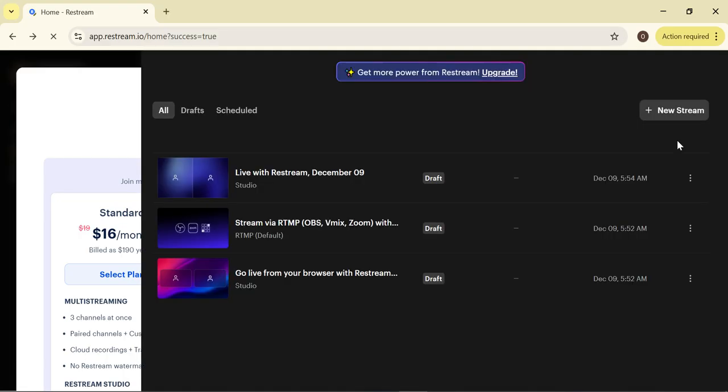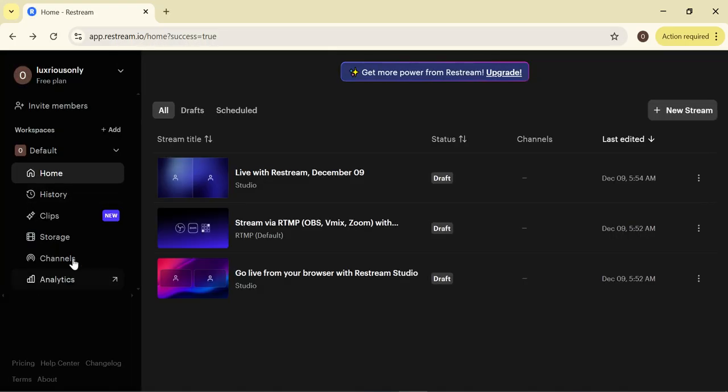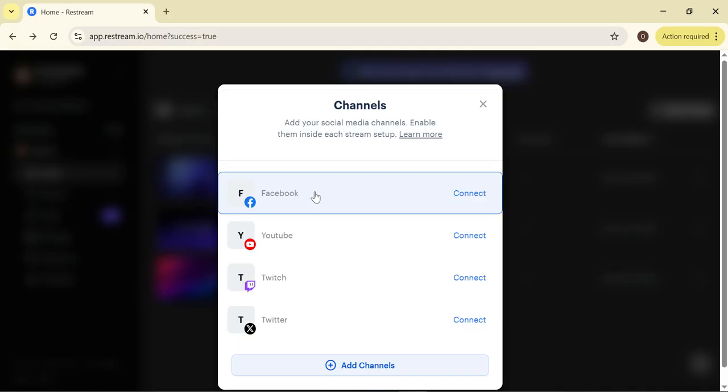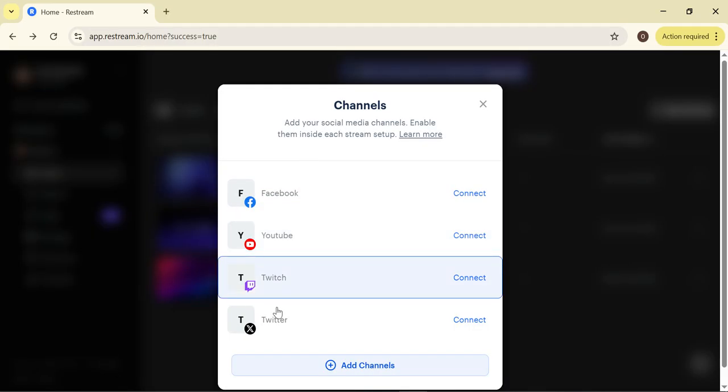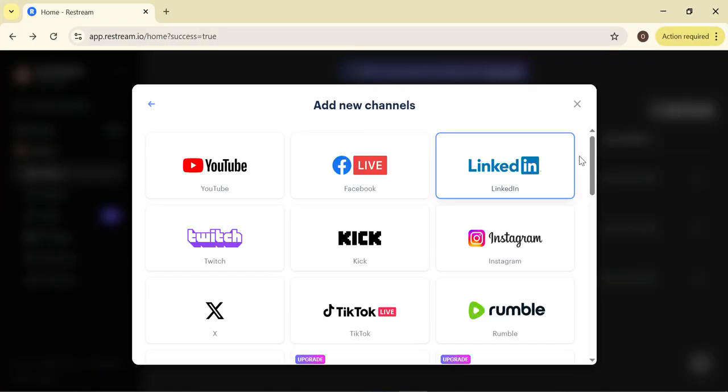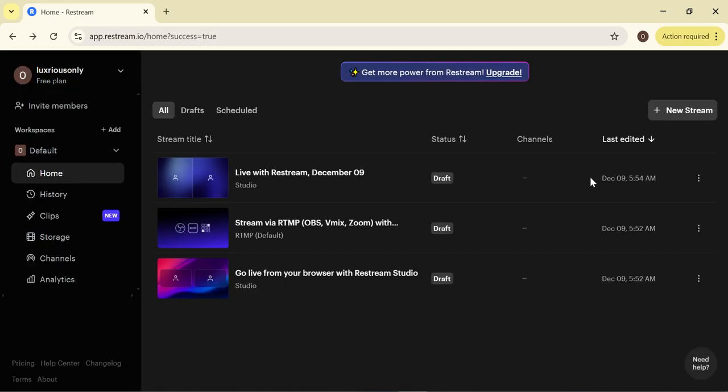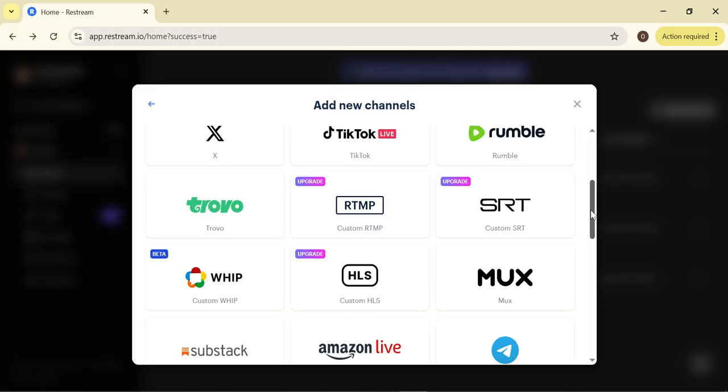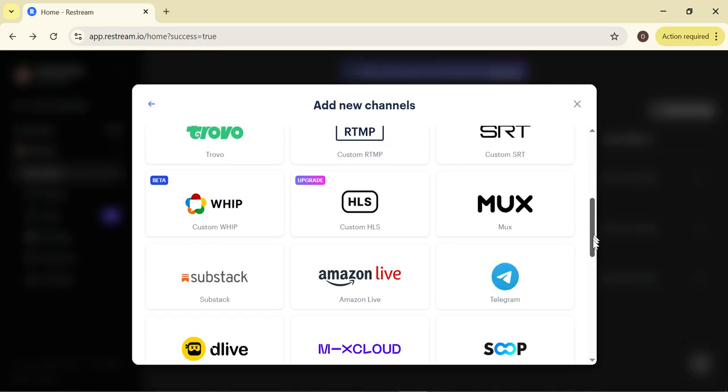So let's go back to the dashboard again. Here you will see an option of channels. So you just need to click on this channel option, and here you will be able to connect your Facebook account, YouTube, Twitch account and Twitter. Okay, so if you want to add more channels you will just select add channel, and in this way you can add all of these channels to your Restream dashboard, and you can live stream to all of